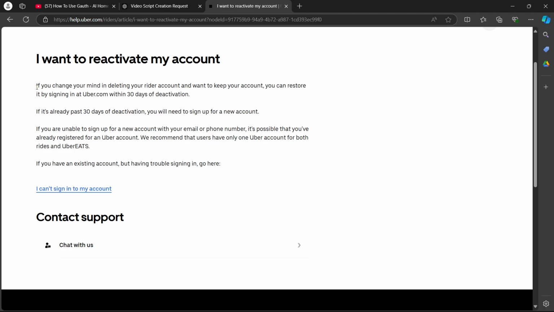If it's already past 30 days of deactivation, you will need to sign up for a new account and you won't be able to recover your account in that case. Now, if you are unable to sign up for a new account with your email or phone number, it's possible that you have already registered for an Uber account. Uber recommends that users have only one Uber account for both riders and Uber Eats. If you have an existing account but having trouble signing in, go to this link that is I can't sign